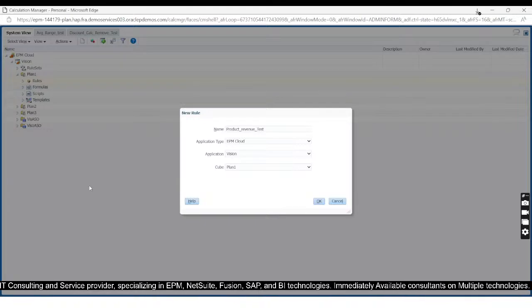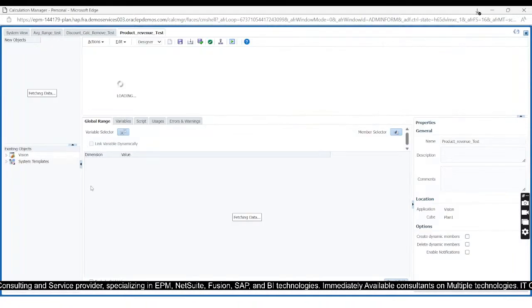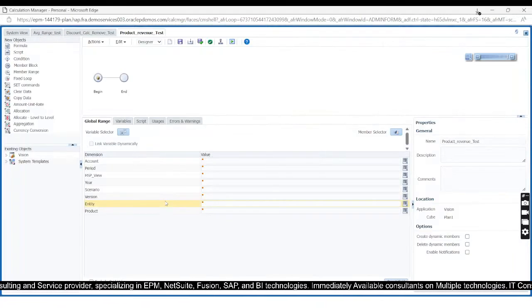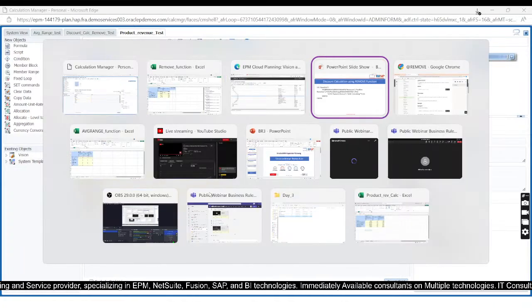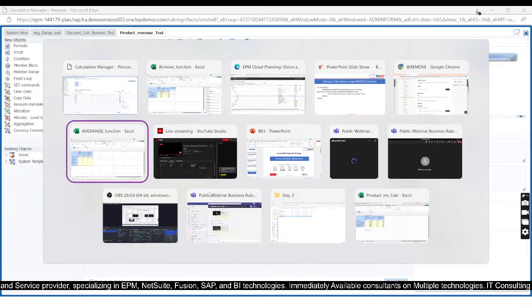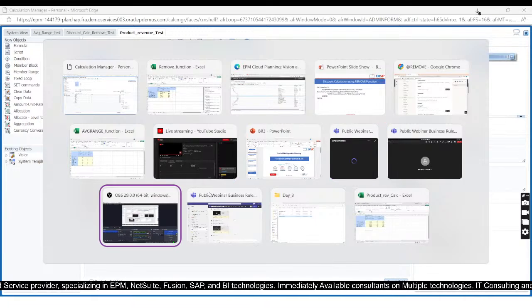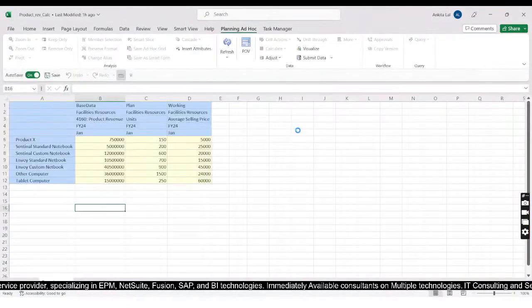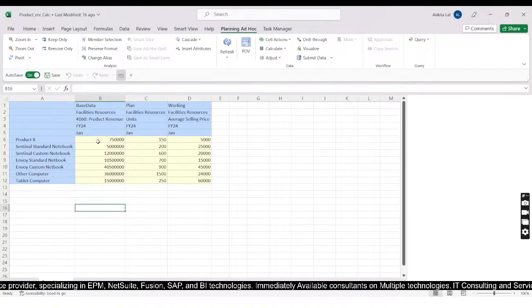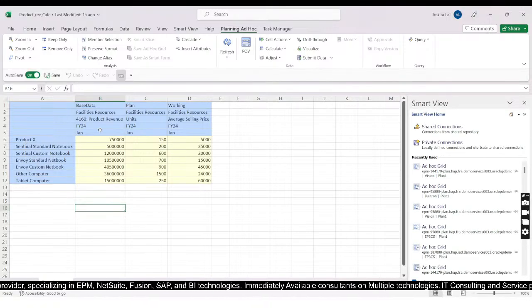Okay, so we are going to write this rule with the help of the drivers that we have. So first of all, I will take you to the requirement. Here we are calculating the product revenue by using units and average selling price as the